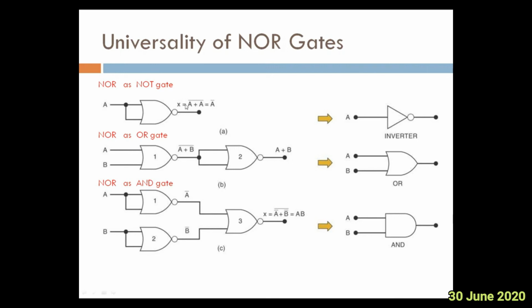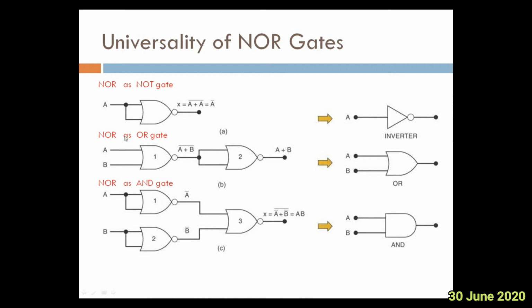You just see here. As I already told you, if I want to represent NOR as a NOT gate, A is an input. Since this is the standard way of representing it, the same input is given more than once. A is also given here, A is also given. So as per the NOR, it will be A plus A whole bar. If I evaluate A plus A any number of times, it is only once. So A bar. My input was A, output is A bar. It is an inverter gate.